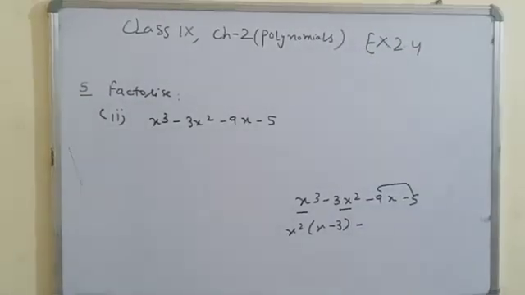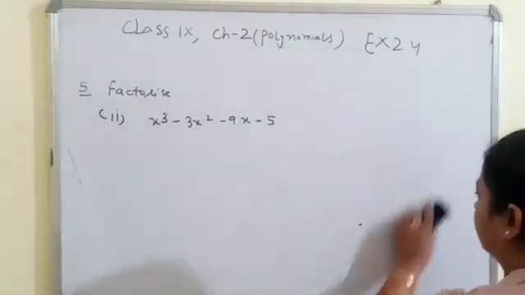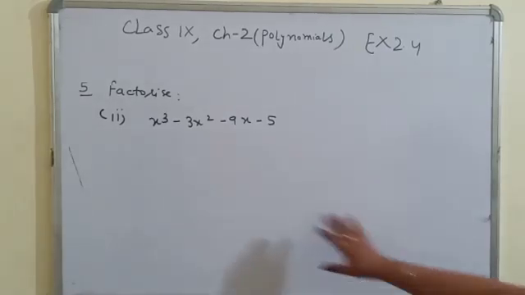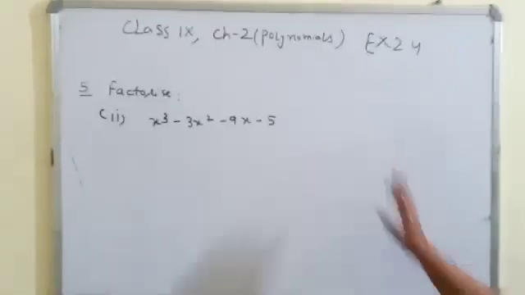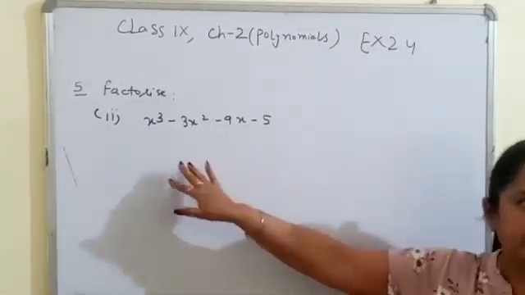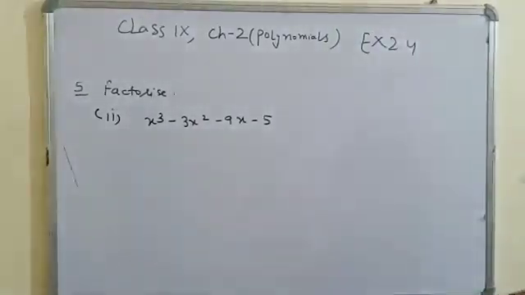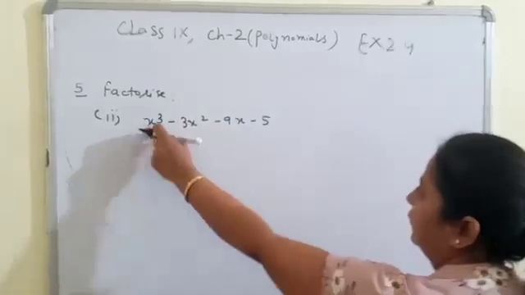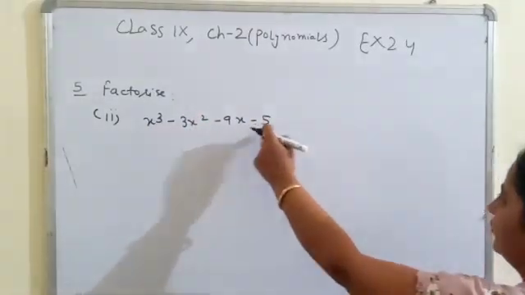So what's the trial method? It's also very important. So second question, let's solve it by the trial method. This is a very important question in your exams or tests. This question comes very frequently, so you have to pay special attention to it. First step, we have to factorize x³ minus 3x² minus 9x minus 5.